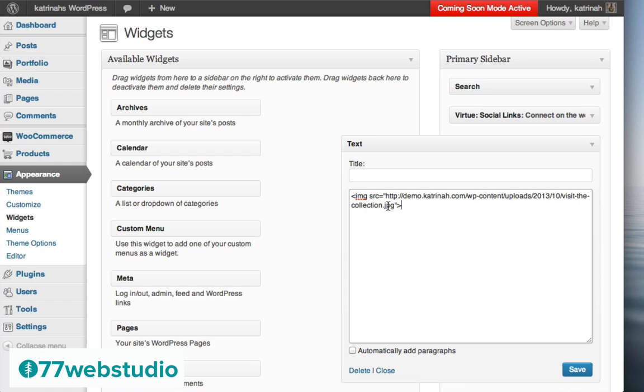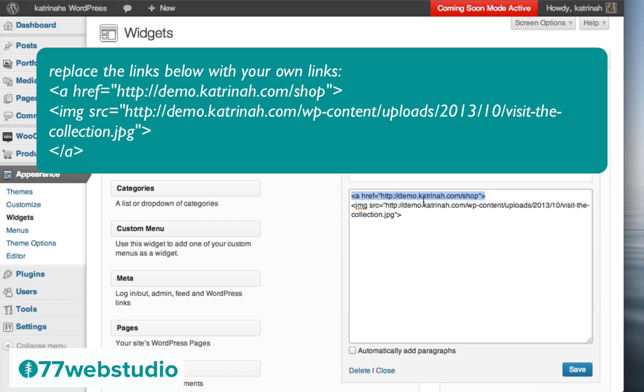Now to also add the link to make sure that this image is not simply an image, but that it's activated, and when you click on it, it goes to another page, we need to add additional HTML here. So I'm just going to add that right here. So here's the opening tag for the link. It's an a href tag, and again, I'll be sure to include the code so you can read it easily. You can just swap out my URL, of course, my shop URL, with your own URL for where you want the image to go when you click on it. So this is the link URL right there.